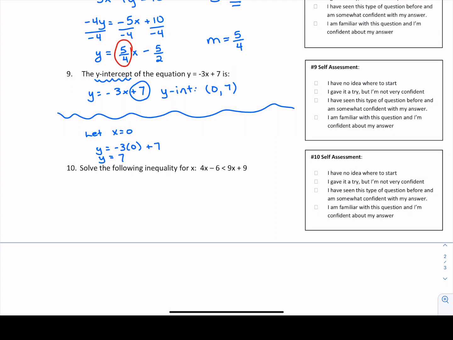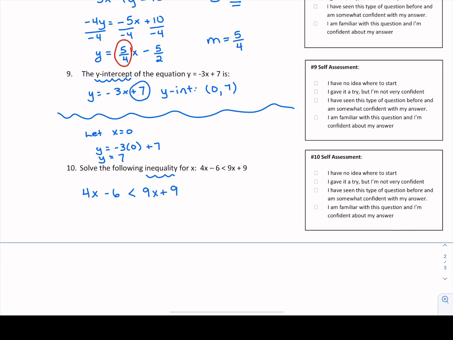So last but certainly not least, we have an inequality to solve. It's kind of like solving an equation, but instead of an equal sign, there's either a less than or a greater than symbol. Sometimes it's less than or equal to, or greater than or equal to. So we're going to start with our inequality: 4x minus 6 is less than